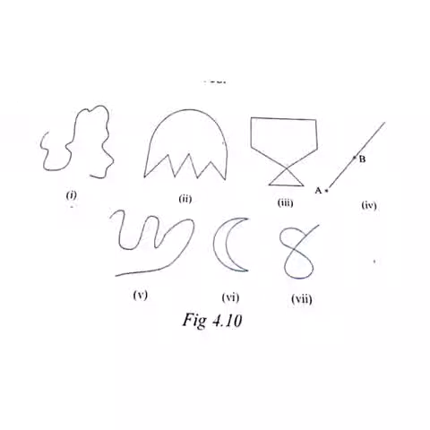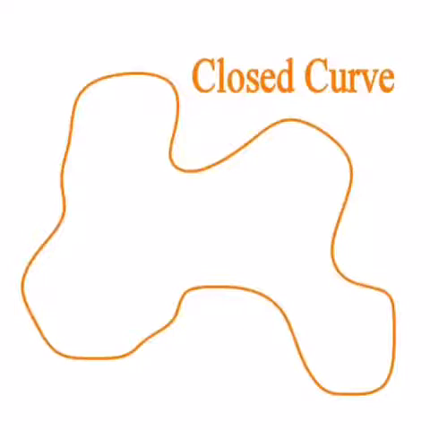Children, there are two types of curves, that is open curve and a closed curve. A closed curve is a curve where the beginning and the end points are the same. That means you start with one point and you will end at the same point, and that is known as a closed curve. The examples of closed curve are polygons, circles, ellipses, etc. A closed curve can be made up of 3 or more line segments or curves.